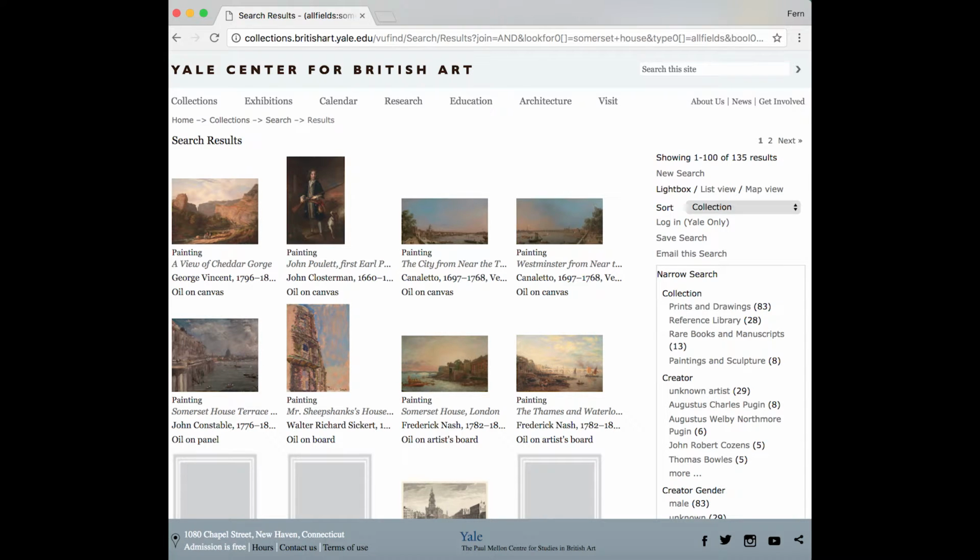Now, if you scroll down to the 3rd row, we are having some load issues here. I'll perhaps just try and demonstrate it on here. So clicking through, having used the Yale Centre for British Art search there, it brings us to a view of Somerset House here. Engraving, I believe, if I recall correctly, by Thomas Bowles. And you will see over here underneath those details a IIIF logo. If we click on the IIIF logo,